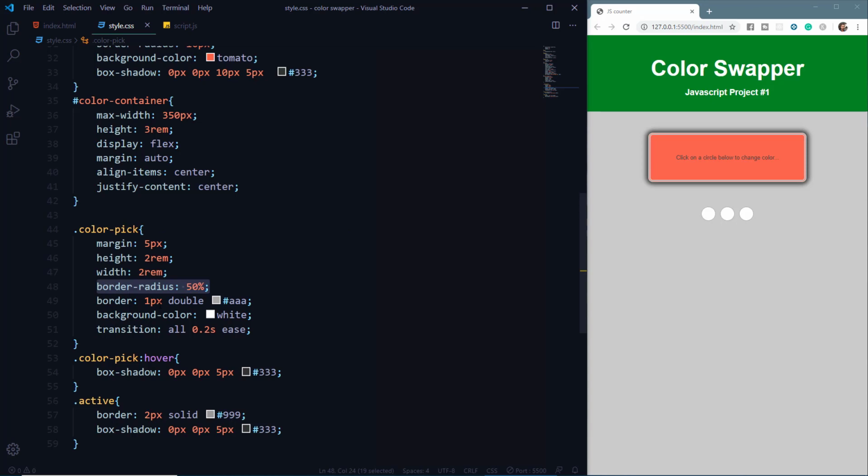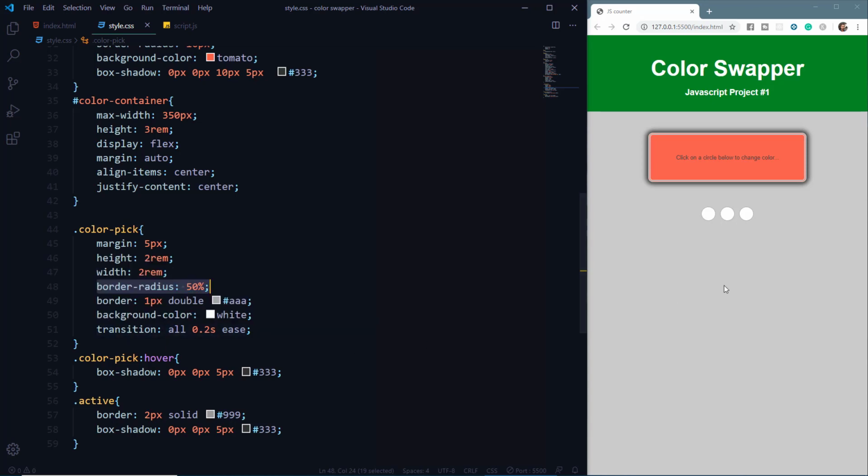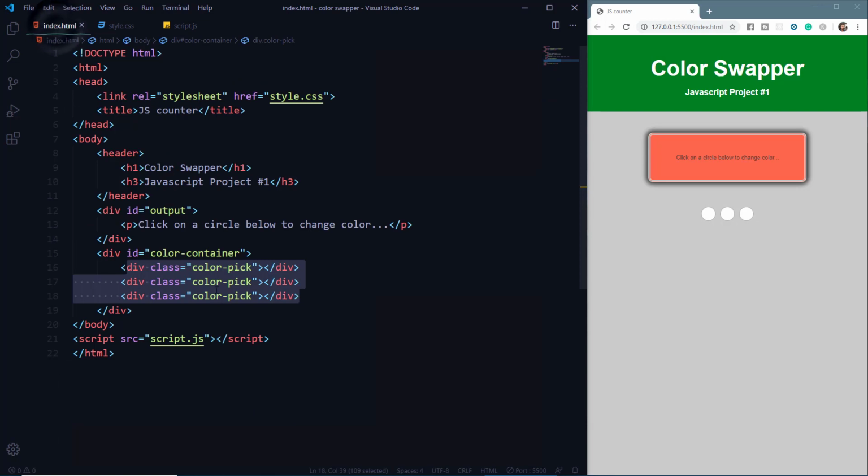I set the border to 1 pixel, again double, and I've given the color of light gray. Then we have the background color as white, and we also have given a little transition so that when we hover over it, we get a nice effect. Then we have added the hover effect, and in that we have just added a box shadow. And we also have an active class which we have not yet added right now, but we will dynamically add this